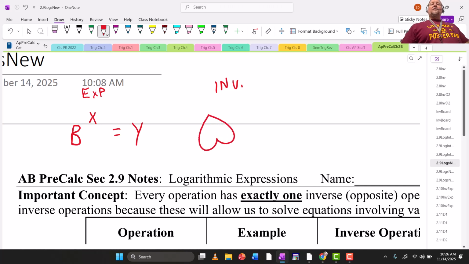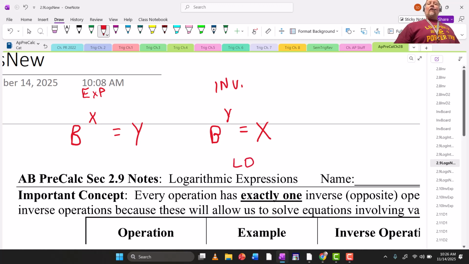So this becomes what? b raised to the y equals x. Isn't that a switch of x and y, right? Simple as that. Okay, and then the thing I was trying to get in your head on the PowerPoint, here's